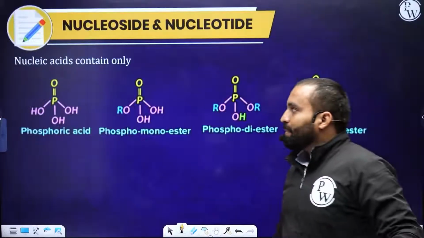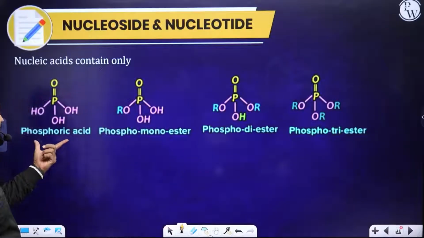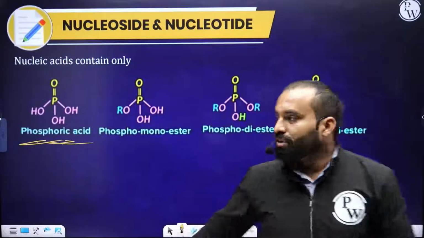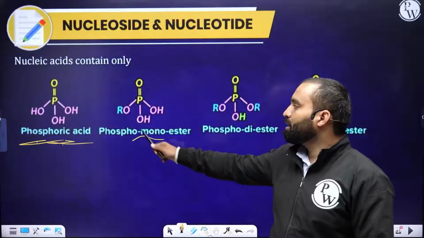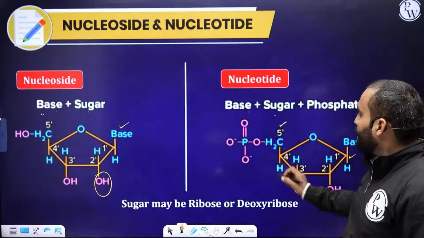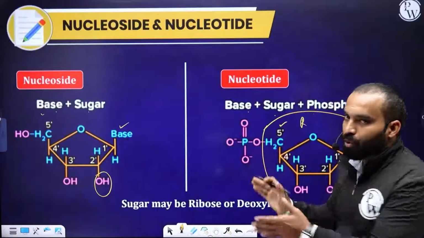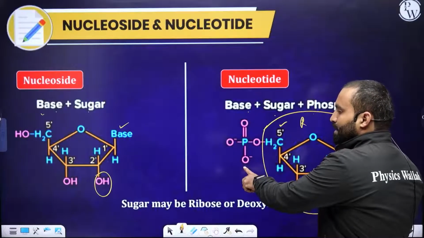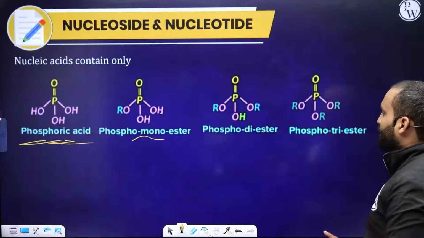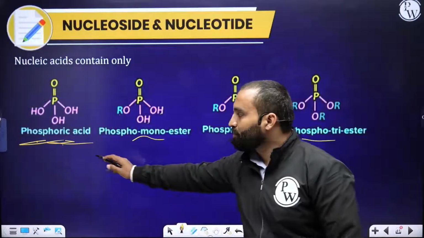Now, the nucleic acid may contain four types of phosphate esters. This is the real structure. This is the structure of phosphoric acid. If it gets connected to the sugar moiety, it will generate phosphomonoester if there is only one R present. There are two more OH groups present. Let me go to the slide back again. There is only one. This entire group is considered as R. So what is this, guys? This is monoester. I can take the same unit once again. This will become diester. I can take another unit here. That will become triester. Make sense, everybody? So you can have phosphotriester also. Diester, monoester.